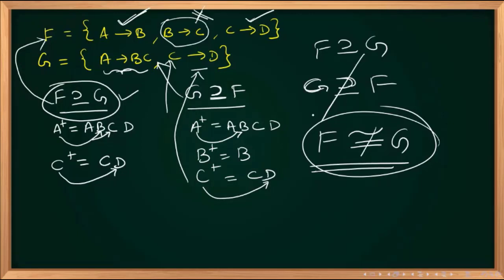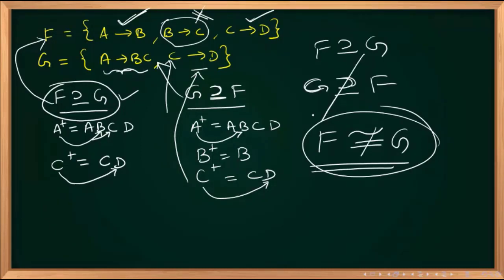Minimal cover means the minimum form. Till now we have not talked anything about minimal. We are simply blindly saying whether this functional dependency is matching or not. Now we are saying we ultimately want a minimal cover, that means with fewer attributes and with fewer functional dependencies. I have given a functional dependency set to you. Now you are telling me the answer: this is the minimal cover of the functional dependency set given by you.